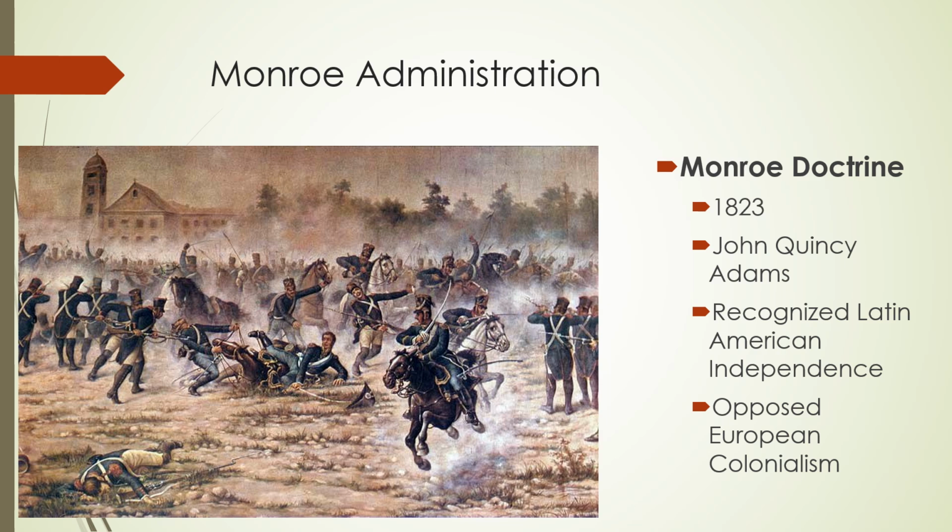And then we also argued that we would oppose European colonialism in the Western Hemisphere. So if Spain or France or anybody tried to come and take over Mexico or Argentina or whatever, the U.S. would come to their aid, that we would help defend Latin American sovereignty. Now, to be honest, at the time that this was said, the U.S. probably did not have the capability of doing that. We likely could not have defended Argentina from an invasion or anything like that.